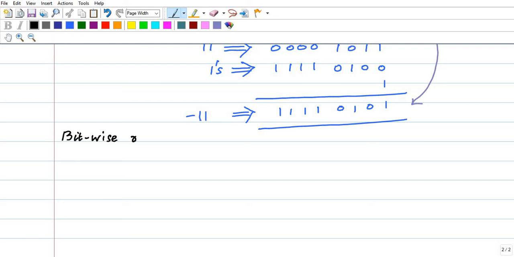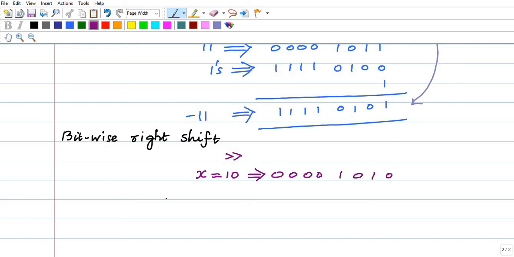The corresponding operator is the greater than symbol. Suppose x value is 10, and the corresponding binary equivalent is four zeros followed by 1010. I'm going to do bitwise right shift by 2.